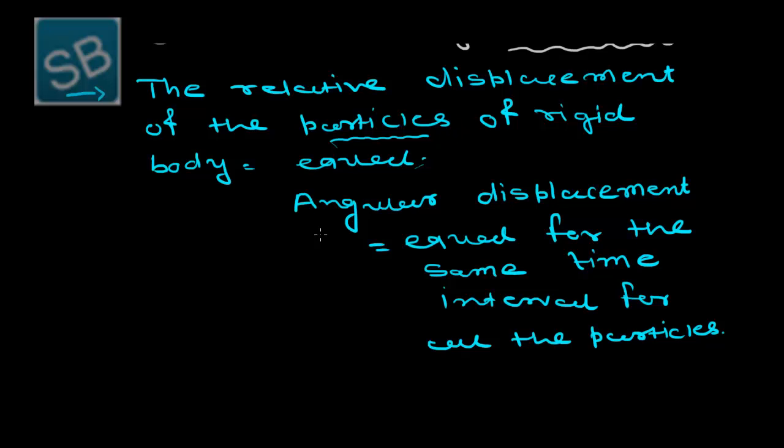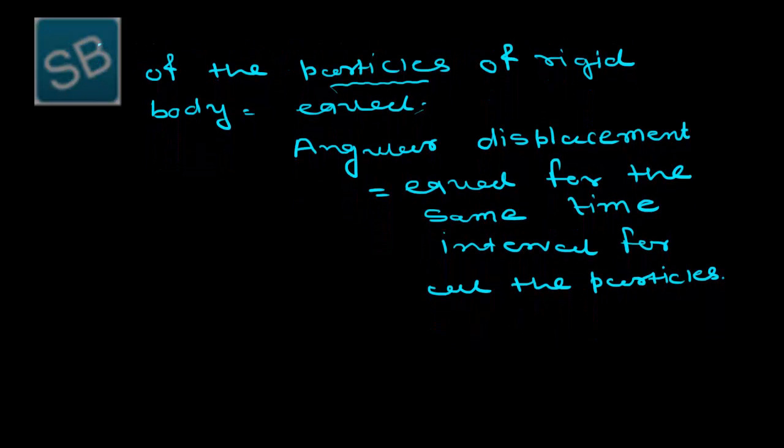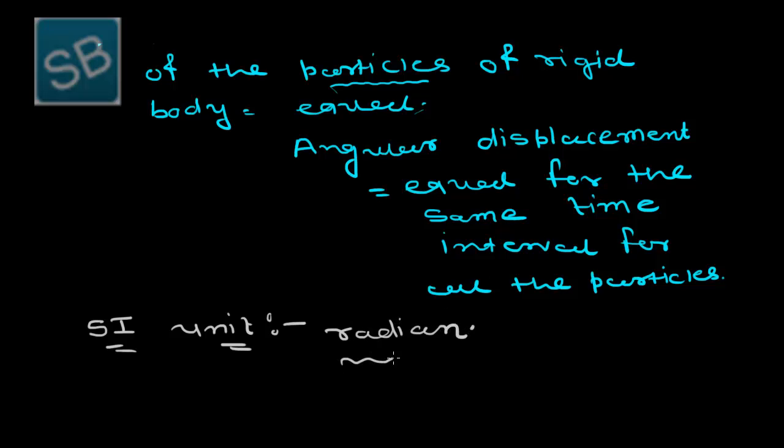Now, the SI unit of angular displacement is radian, because the positions are changing in terms of the angle. So we have to consider the SI unit as radian, and so we cannot write down its dimensional formula